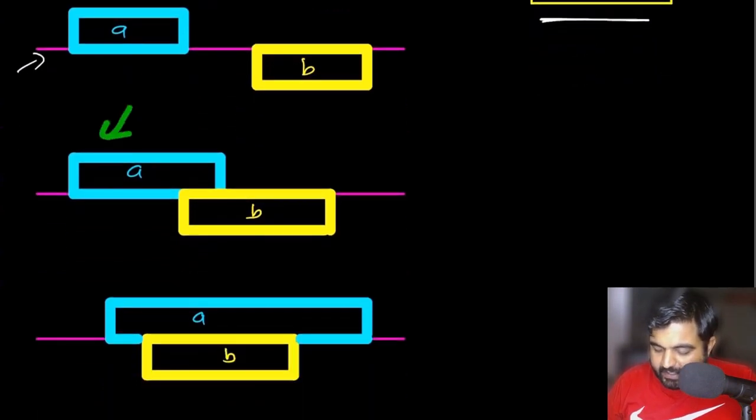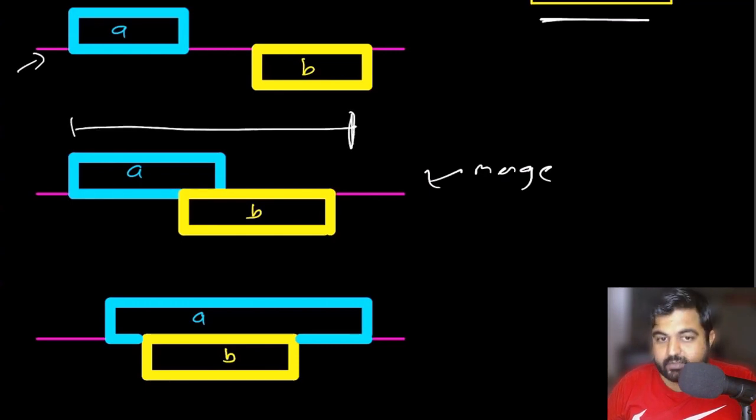The second possibility is that before interval A ends, interval B begins, which means there is an overlap in this portion. We might be asked to do something here. We could have been asked that if we see any overlap, we need to get rid of the overlap, or we need to merge these two.